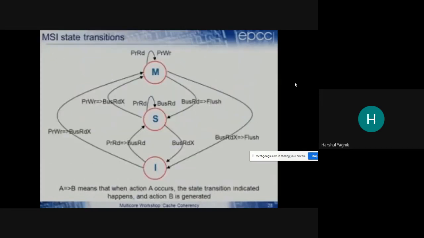And so the way you can represent this is you have 3 states for the cache: modified, shared, and invalid, and various read and write